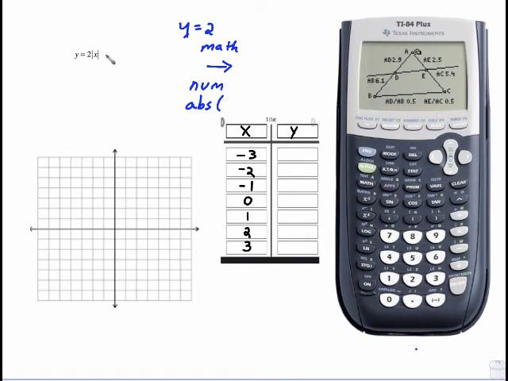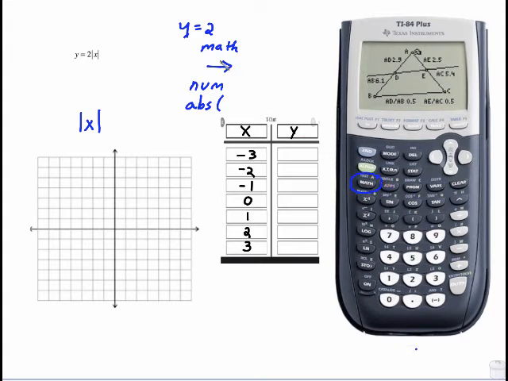I need to show you how to find absolute value on the calculator. There is no actual button on the calculator that looks like absolute value. So what you'll do is you go to y equals, of course, clear out the last equation. You will need to type in a 2, then follow these steps. You will press math,